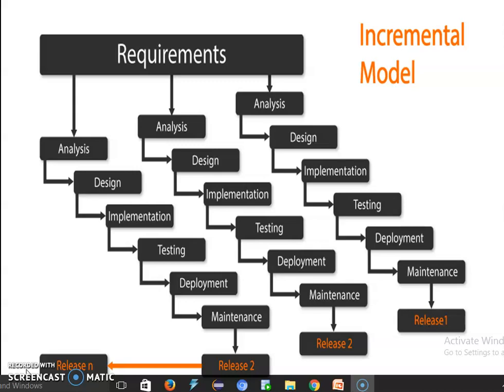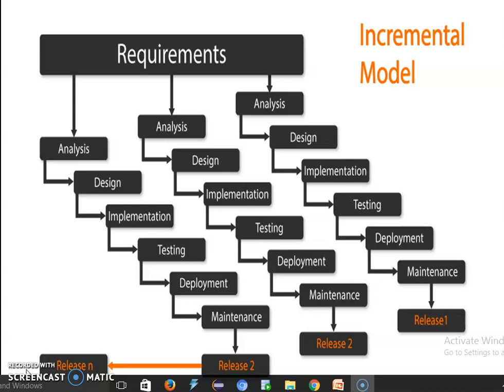But the incremental model is the delivery of an operational product with every increment. That is the difference between prototyping and the incremental model.